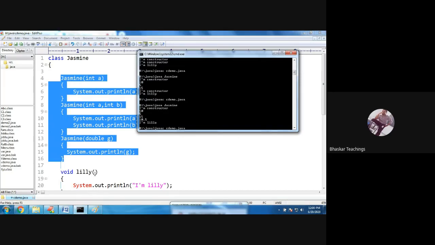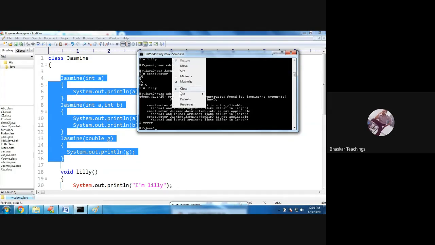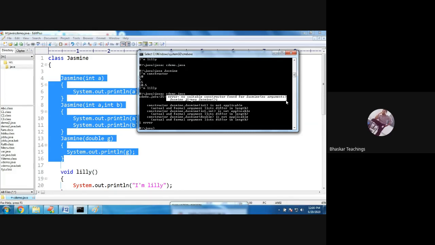Is this going to work? Yes, sir. No. There you go. It says no suitable constructor found for Jasmine zero arguments. Listen. You can see this, right? No suitable constructor found for the class Jasmine, zero argument constructor.